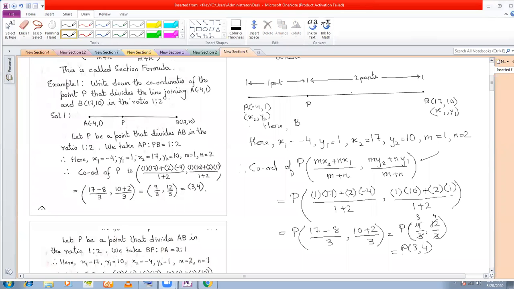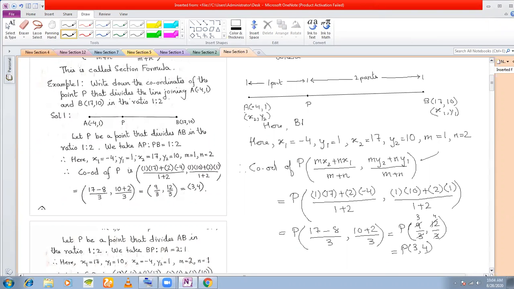Apurva, why are you chatting so much? Sir, Vivek is disturbing me. He's texting me in the private. So let him text. Why are you texting him? Why are you replying him back?